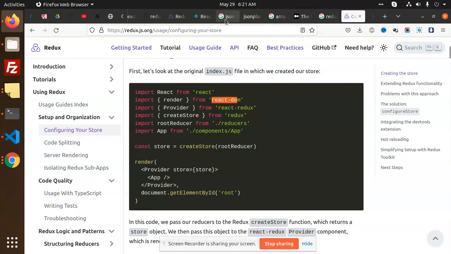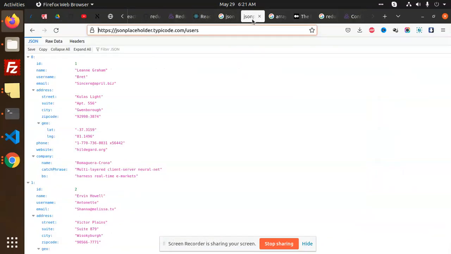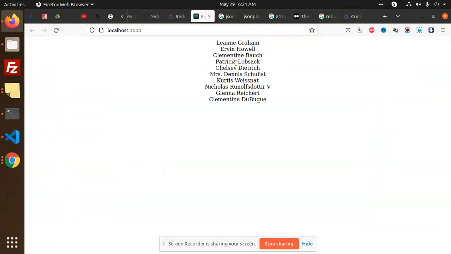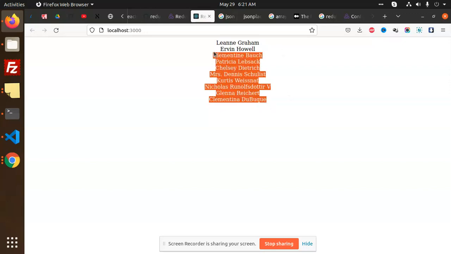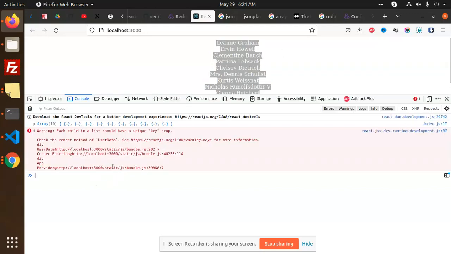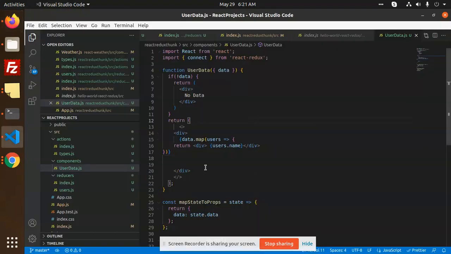and shown it on the front end. You can see that all the names of the data are coming here. In the console you can see the warning that each child in a list should have a unique key prop. Whenever there is such an issue, we will discuss it later in the videos, and how to resolve it. Don't worry, I have the idea of that. So you can see that we have successfully fetched all the users data with the API and rendered it into the